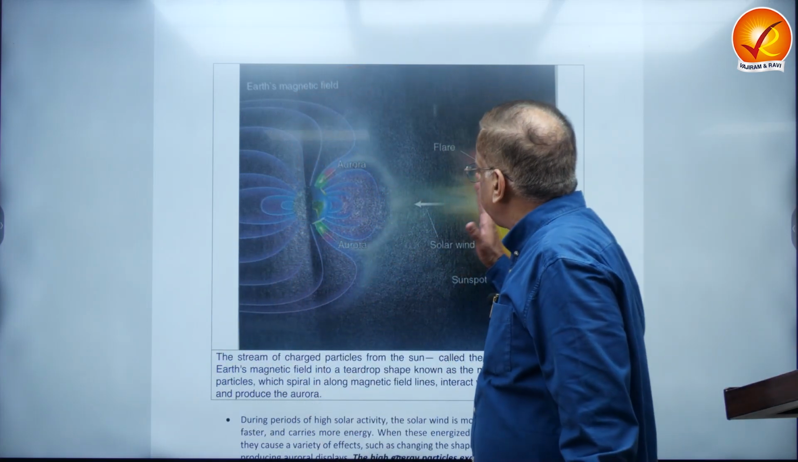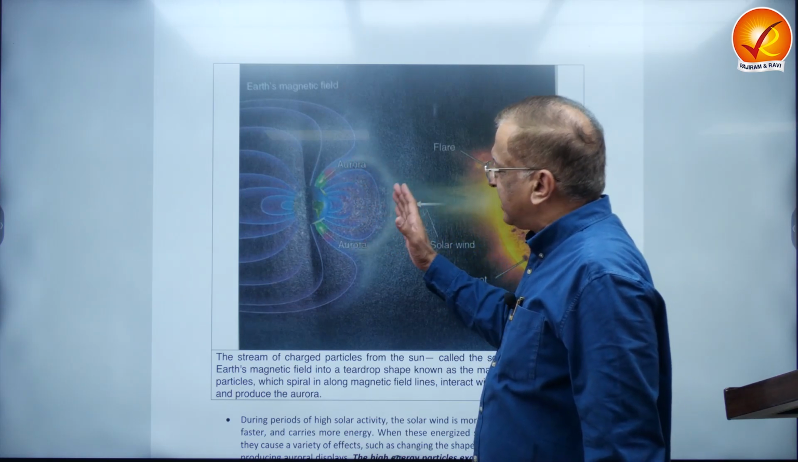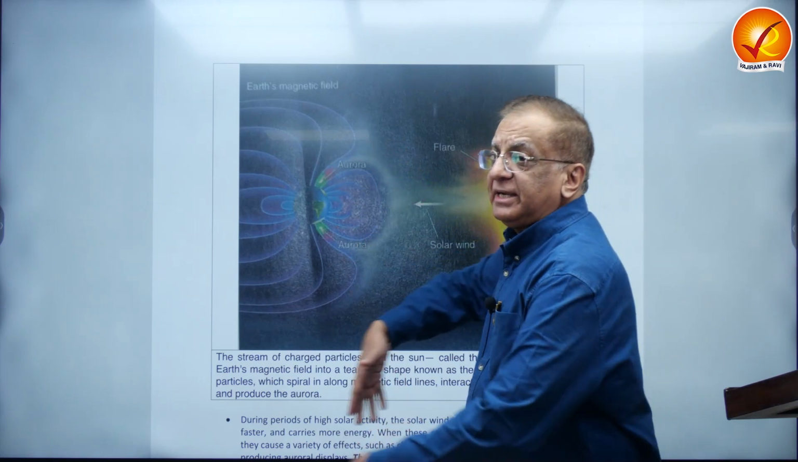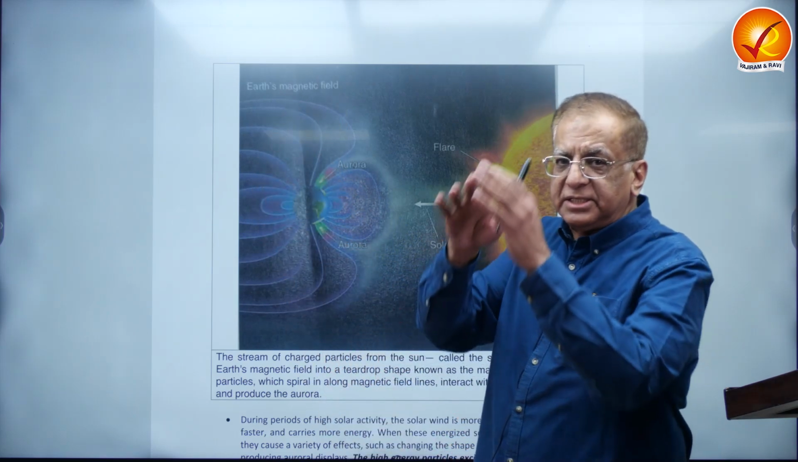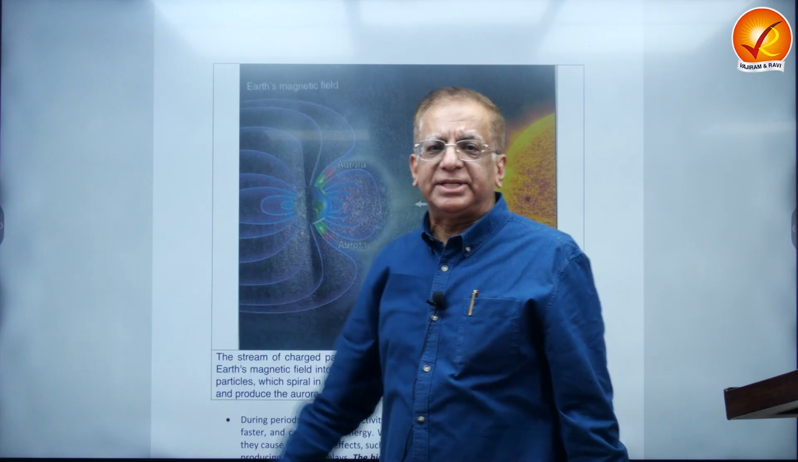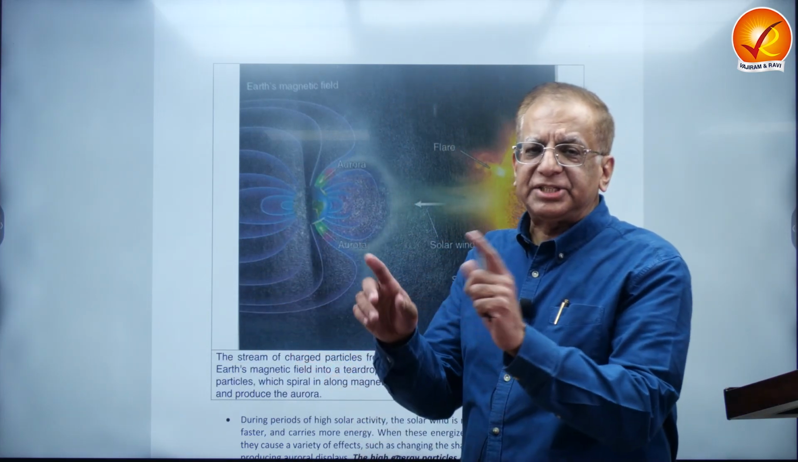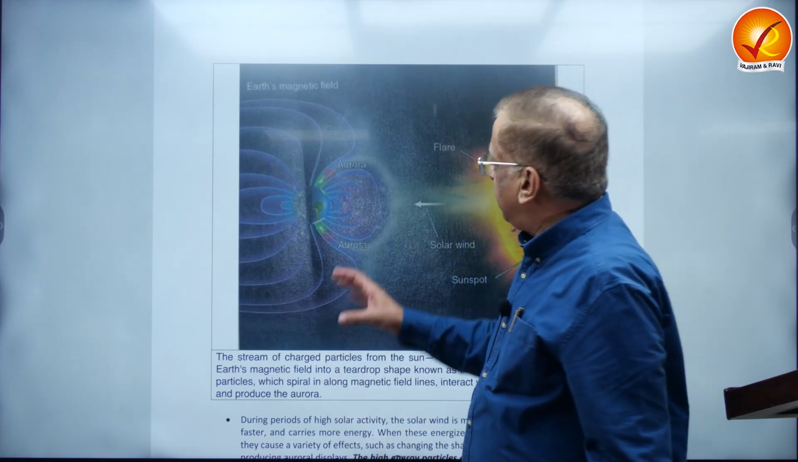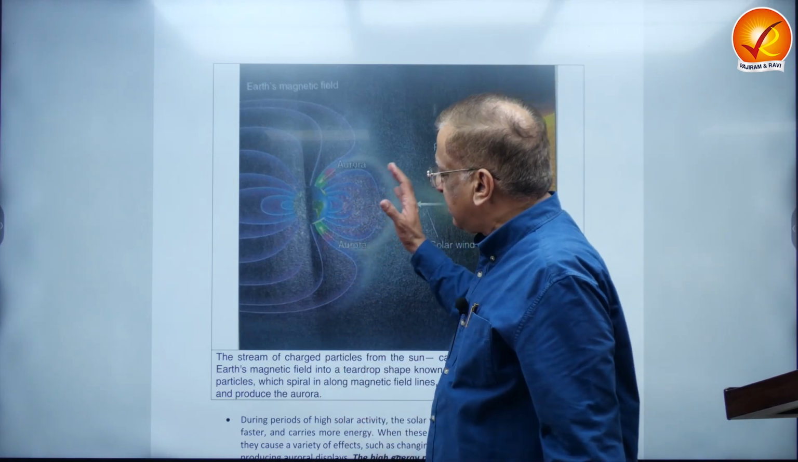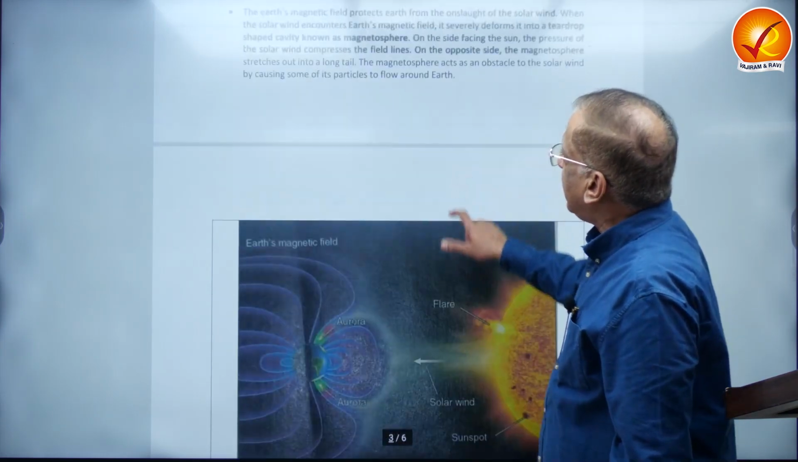What happens is the solar wind suppresses the magnetosphere on one side, and the other side gets elongated. So the magnetosphere, that shield around the earth, is an extended shield on the side away from the sun. It takes the shape of a teardrop, and on the side facing the sun, it is compressed by the high energy particles of the solar wind. Now,